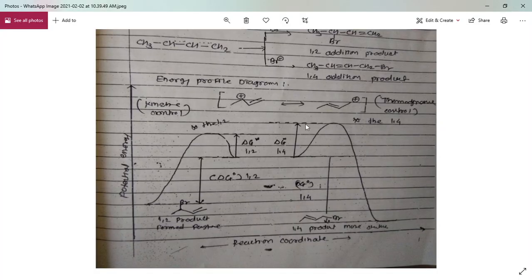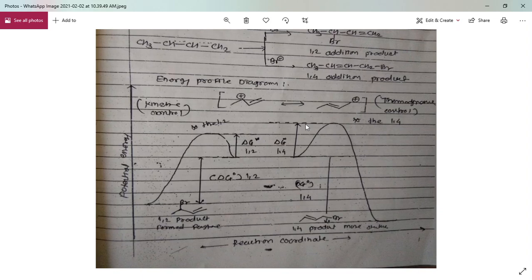Under reversible reaction conditions, the ratio of products is determined by the relative stability of each product. It is measured by the standard free energy, that is delta G, and the composition of the equilibrium mixture does not depend on how fast the product is formed in the reaction. That is called thermodynamic or equilibrium control.